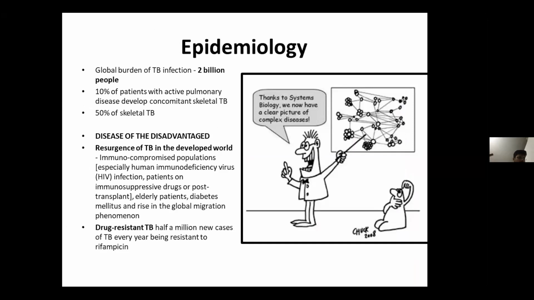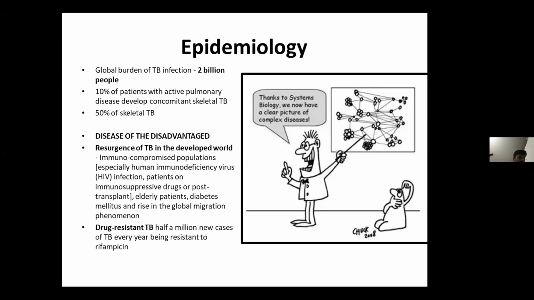A little bit about epidemiology. It's a huge burden. We all know it. 10% of patients with active pulmonary disease also have a concomitant skeletal tuberculosis. And 50% of skeletal tuberculosis is actually tuberculosis of the spine. That's how much the burden is. It is a disease of disadvantage, so the developing nations, the so-called third world nations, bear the biggest brunt of